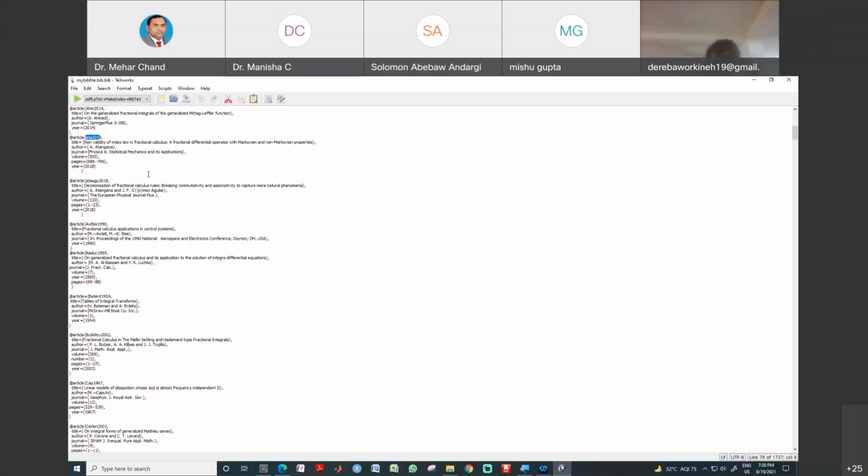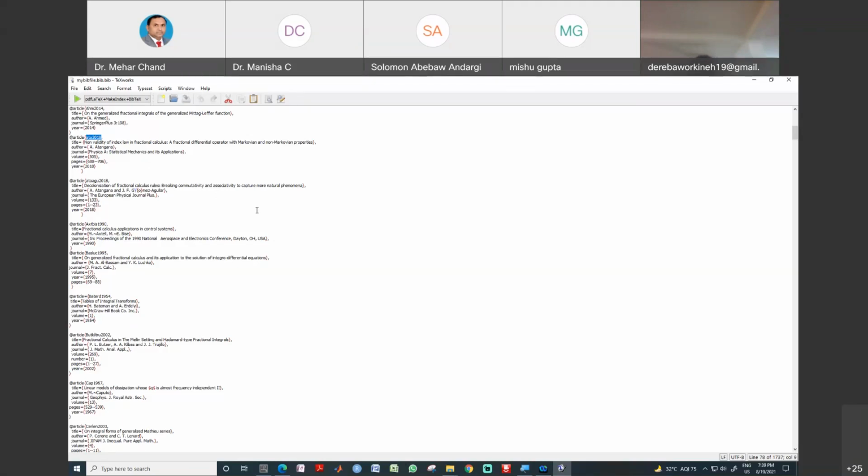You need only one-time effort to prepare this reference file, and only those references whose code you use will appear in the document, and the rest will not appear or print. This is the most important thing in this bibliography file. If you use only this code, only this reference will appear in the document and the rest will not appear. Okay, so now come here.